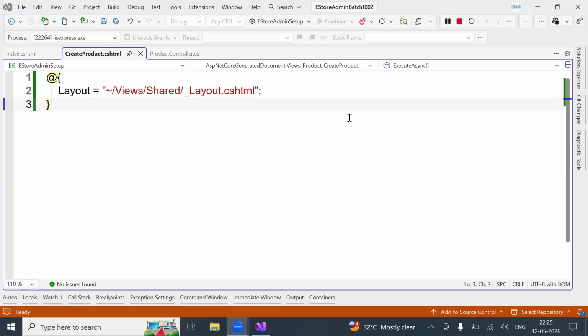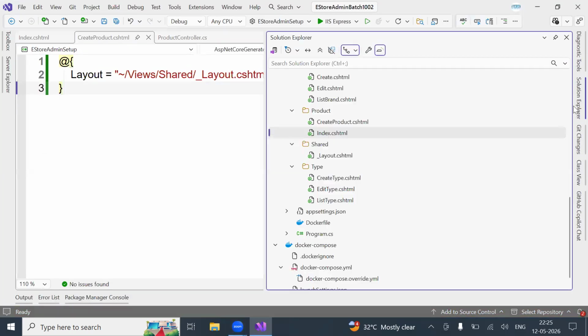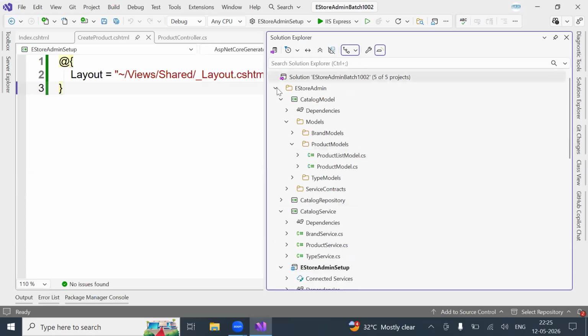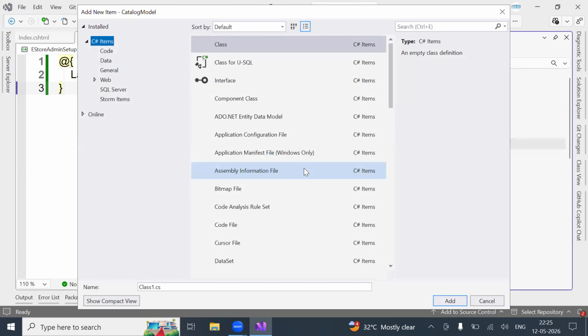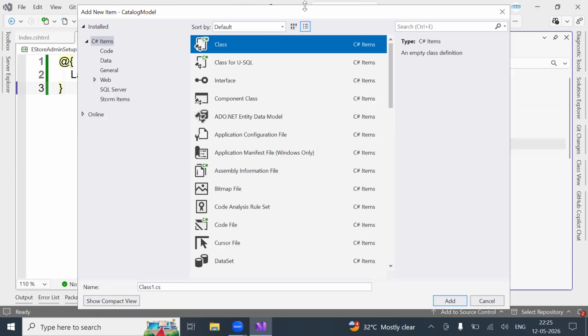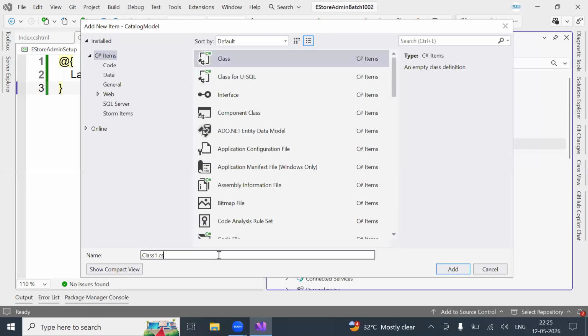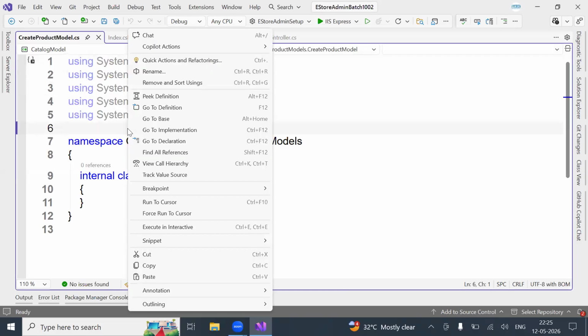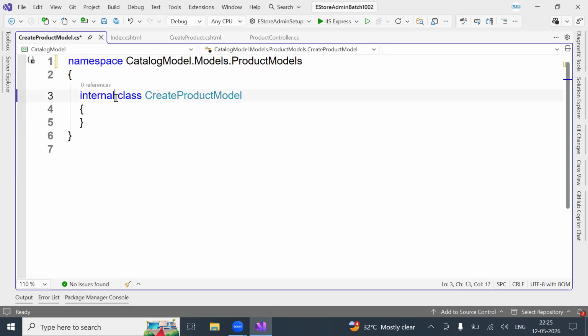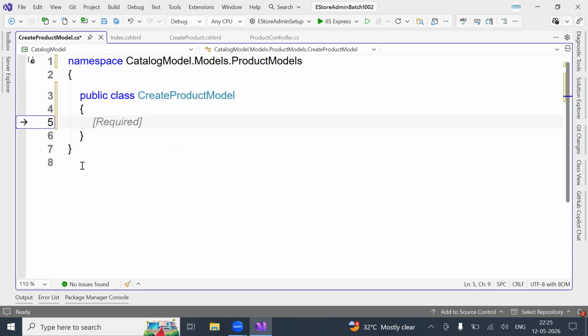Okay. Now, what you need to do, go to solution. First, you need to create a model for the create product. Okay. So what you will do, right click, add new item, class, simply say create product model. Okay, I create a product model, remove the namespace, public. And then let's build the